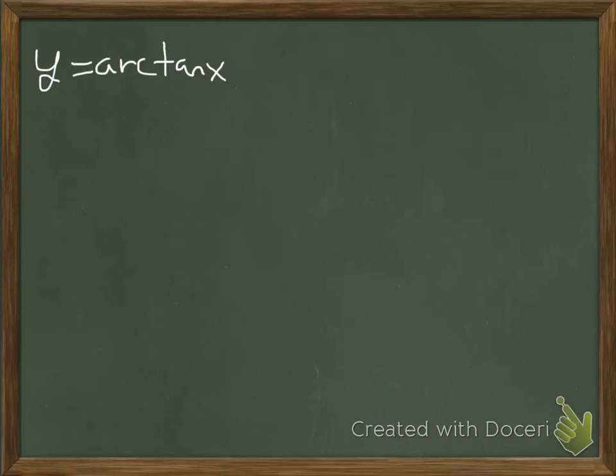let's see, our x is going to be in all real numbers, and then the y is our output of an angle, and the output of an angle, the y, is going to be between negative pi over 2 and pi over 2, not including that for the arctan. So we're going to rewrite this in the equivalent form, assuming everything's playing nicely in terms of our input and output. This becomes the tangent of y is equal to x,